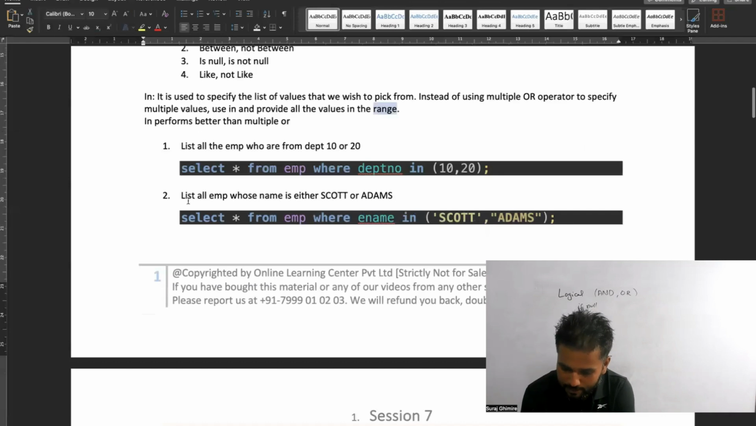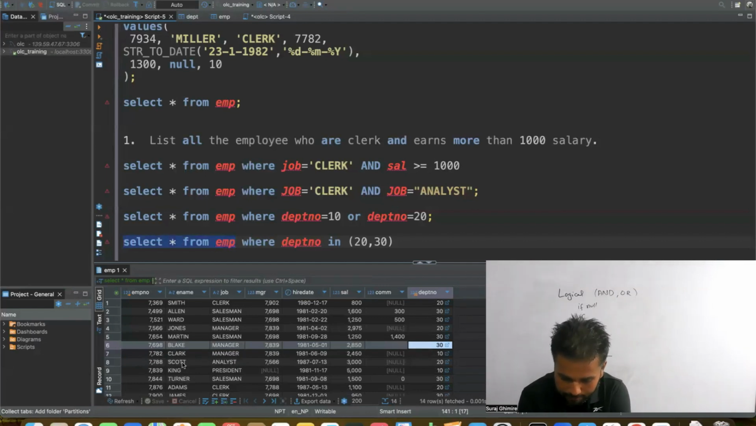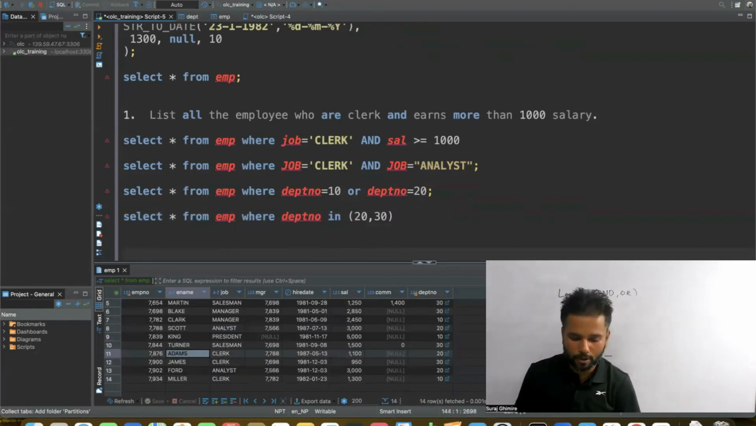Okay? Likewise, list all employees whose name is either Scott or Adams. Okay? So let me go back. Let me say select star from employee. Let me see how many Scott are there. Only one. And Adams, there is only one Adams. Okay. Now my question is, I want to get the list of all the employees whose name is either Adams